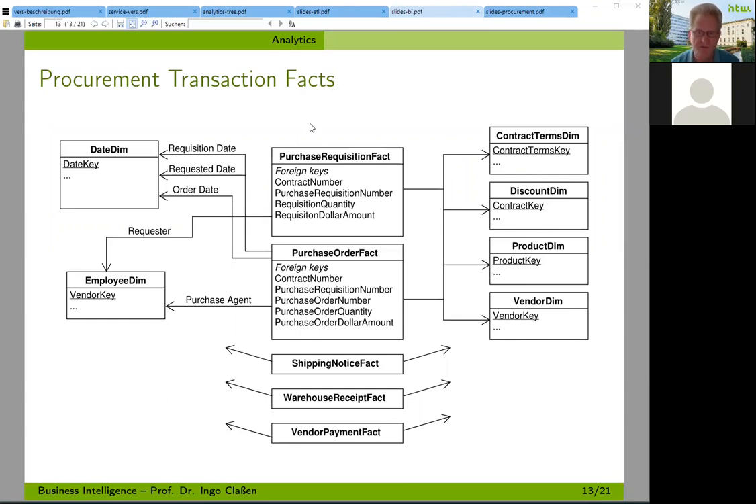So this fact simply states which employee is requesting what product, under which contract terms, and under which discount. So it has a purchase requisition number, and a quantity, and a requisition dollar amount, for example. So if we look, for example, at a purchase order fact,